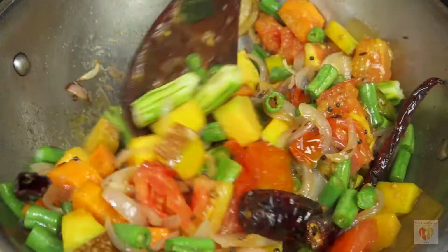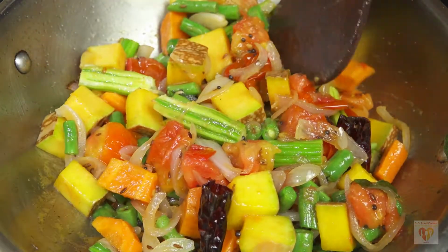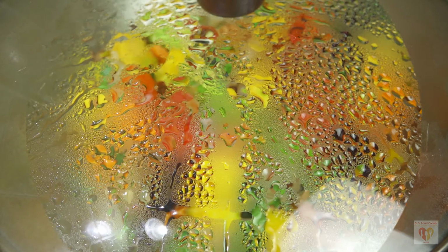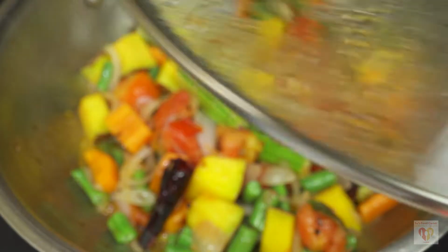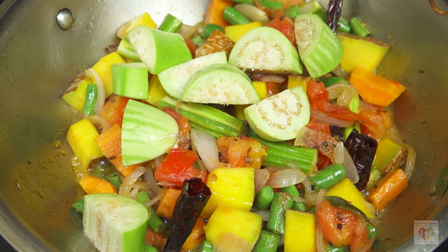We are not actually cooking these vegetables in the pressure cooker, so this process gives a very nice taste. After mixing, reduce the flame to low medium, cover it and cook for just 2 to 3 minutes. After 2 to 3 minutes, when we remove the cover, you will see the vegetables